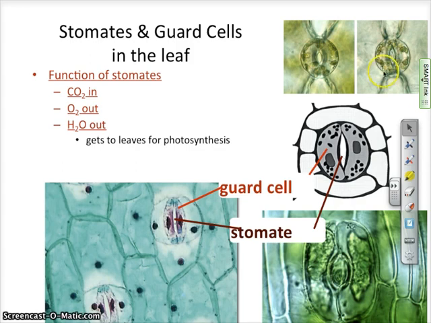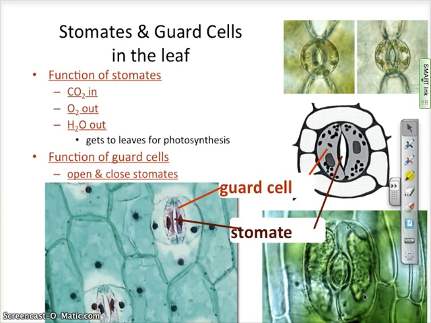You can see some examples here of actual guard cells in different plants. So the function of the guard cells is to open and close the stomates. The stomates are what let everything in and out, and the guard cells will either open or close depending on their role. Here's a quick clip